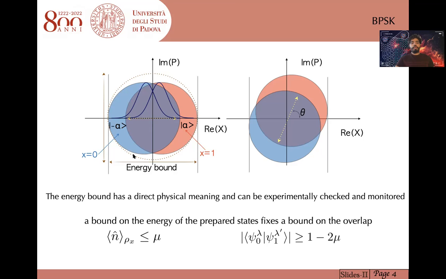You might wonder why we didn't use the overlap bound rather than the energy bound. That's because checking the overlap in a real experiment is not that straightforward and clear. On the opposite, the energy bound has a direct physical meaning and simply can be verified in a real experiment with a power meter or simply a single photon detector. Moreover, the energy bound imposes a bound on the state overlap. Otherwise stated,